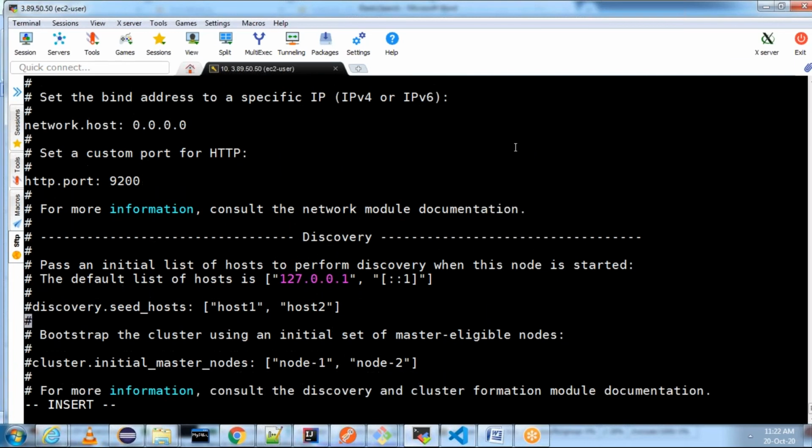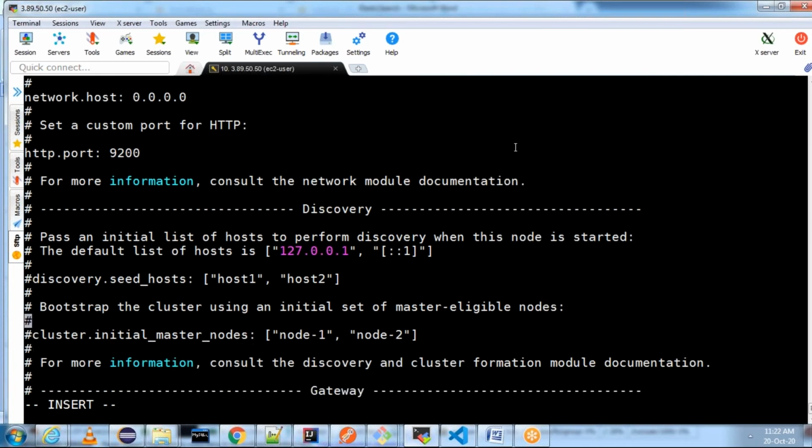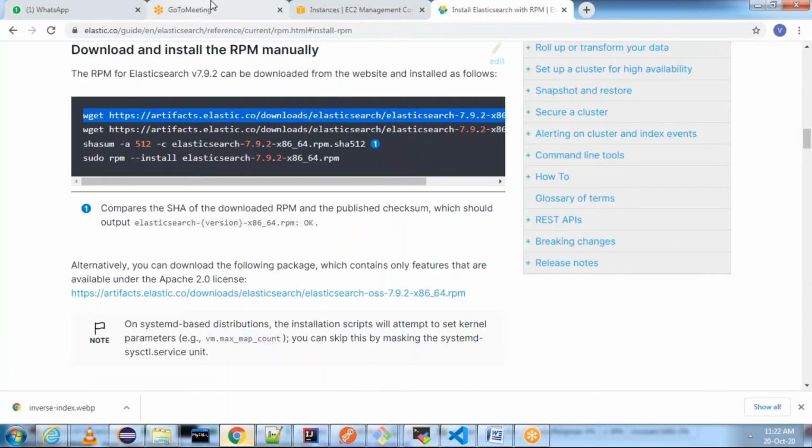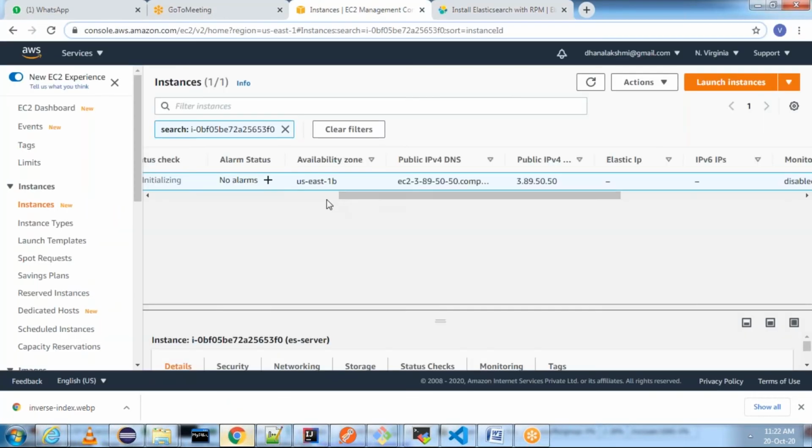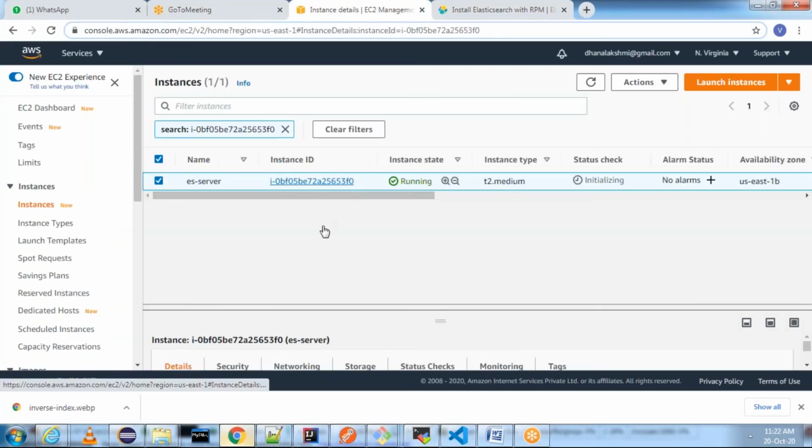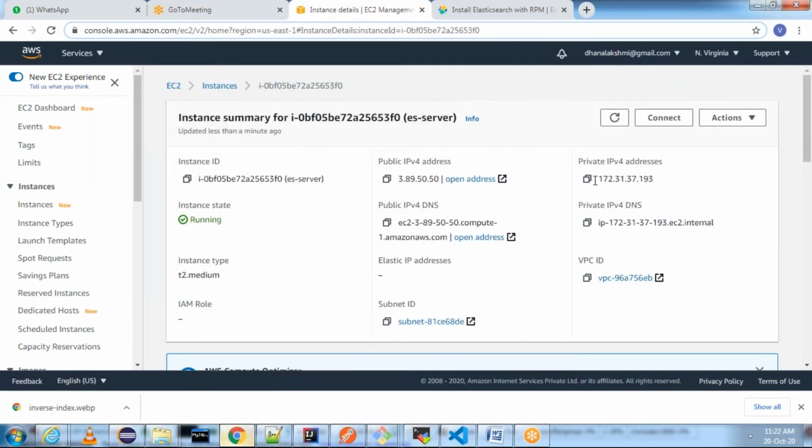Scroll down. We have two important things. Discovery. Discovery is a very important thing, and we need to mention the seed hosts and initial master nodes. Uncomment this, copy the private IP of the EC2 instance and mention it in the seed hosts and initial master nodes. Click on instance ID, copy your private IP, not public IP.